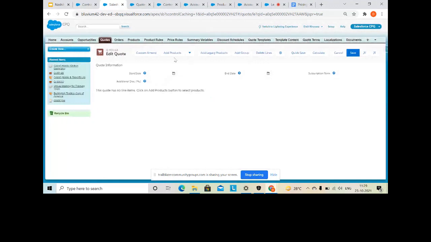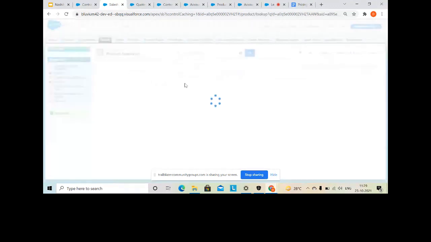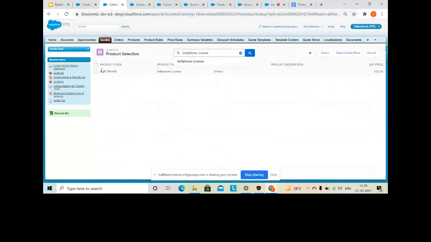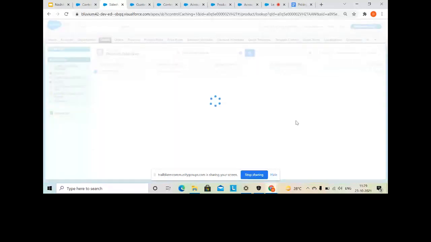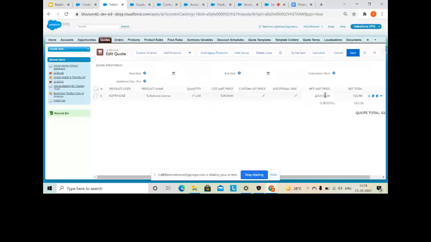If I click on add products, if I select here soft phone license, now you see 22.5 is coming as net total, right? Automatically 10% of discount is getting applied. If I click on save,